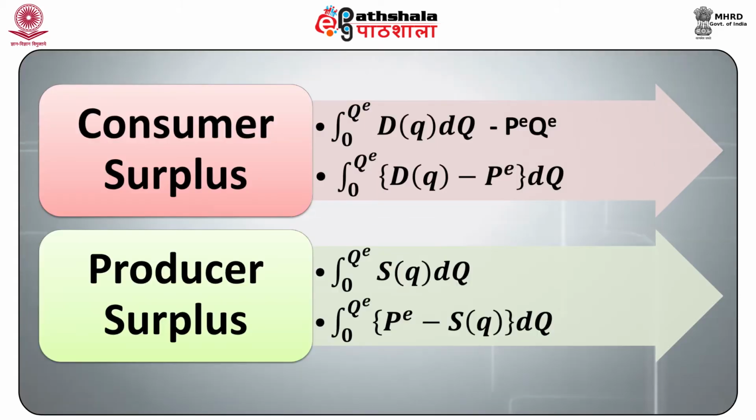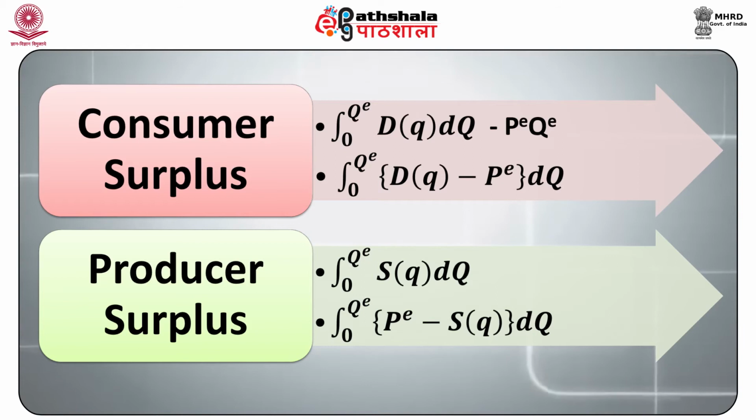Let demand function be D(Q) and supply function be S(Q), then consumer surplus is equal to the integral going from 0 till QE of D(Q) dQ minus PE QE, which is equal to integral of 0 till QE of (D(Q) minus PE) dQ. Producer surplus, on the other hand, is equal to the product of PE QE minus integral 0